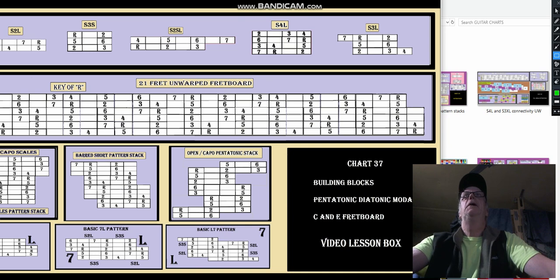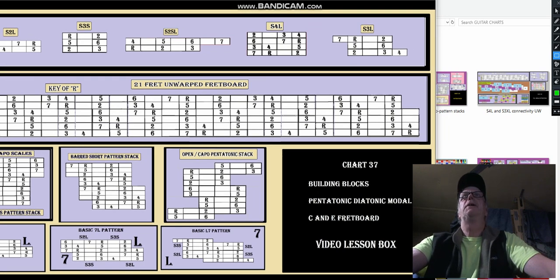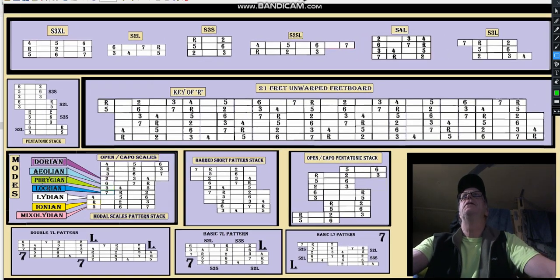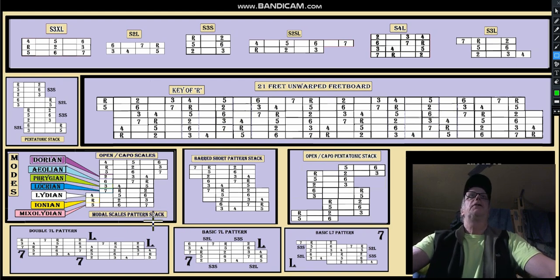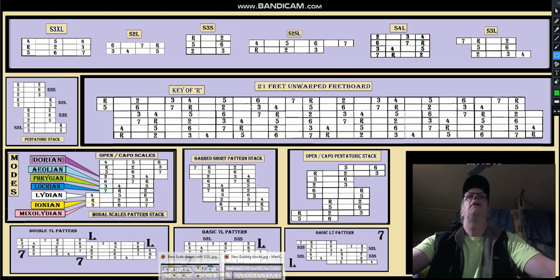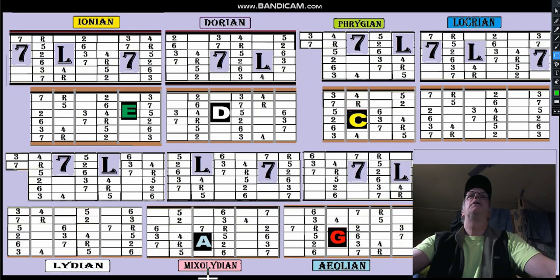Right here, building blocks: pentatonic, diatonic, and modal. The building blocks will be used to make pentatonic, diatonic, and modal pattern stacks. C and E fretboard, chart 37. So it'll just be the lesson that corresponds to chart 37. And we also have another chart that I want to refer back to, which is a very important chart, okay,